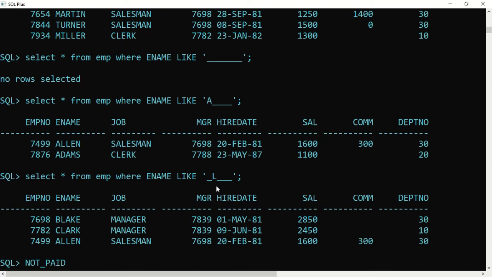But if we don't have any EMP table, I'm just giving an example: if the name or the status itself already has an underscore in it and you are searching in the where clause, I'm showing you the half part.